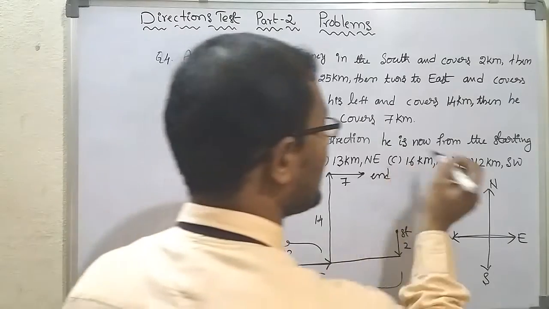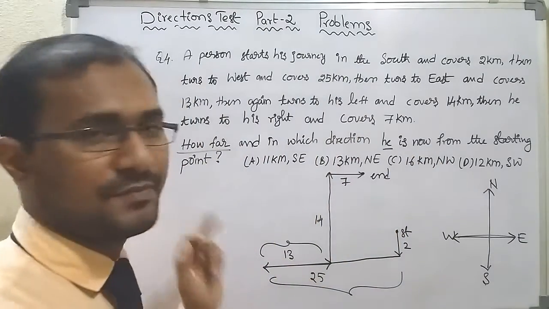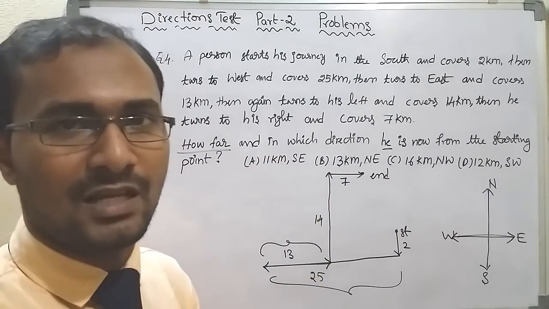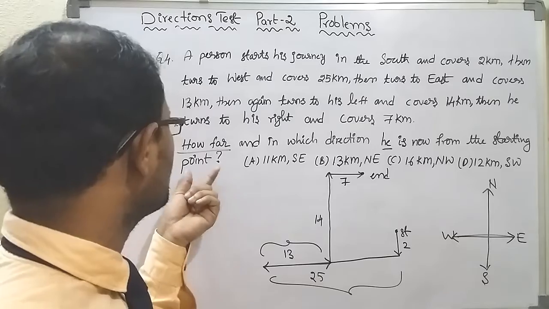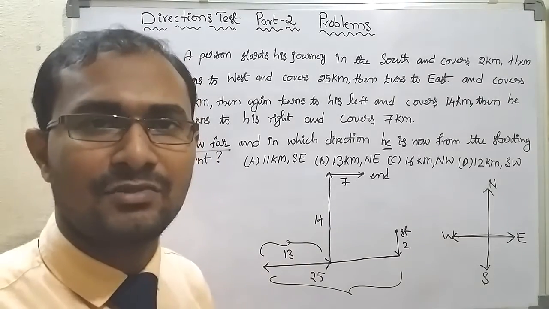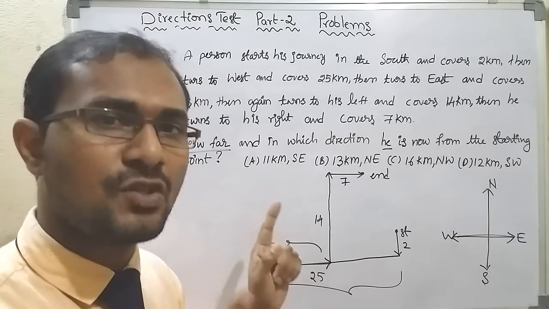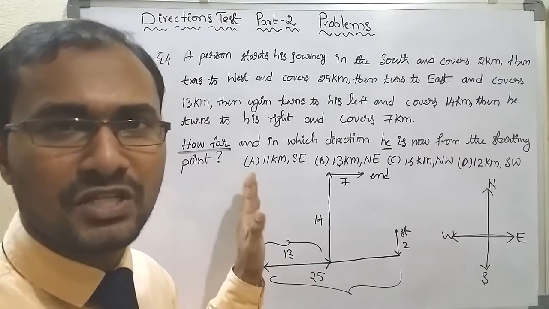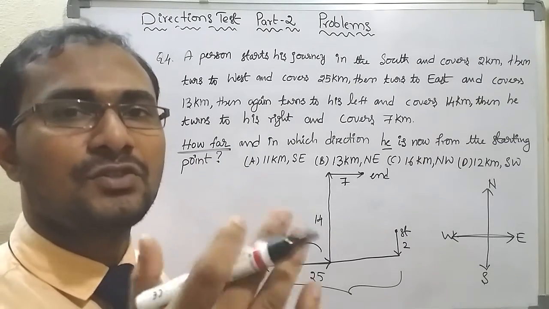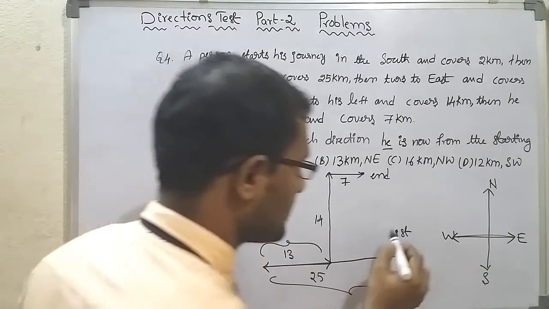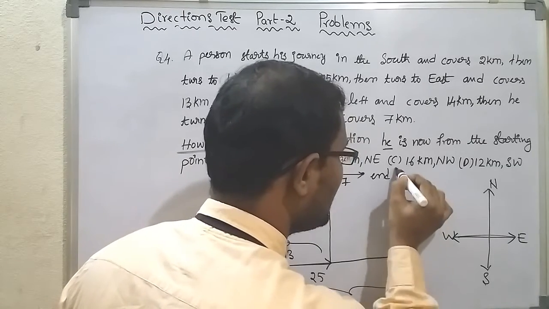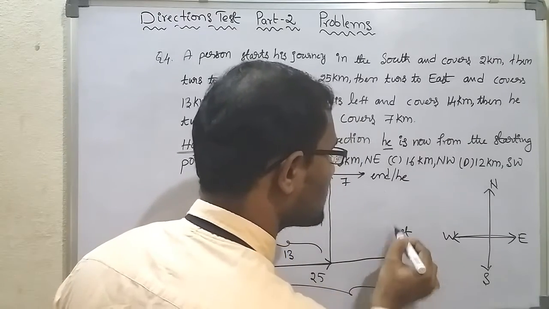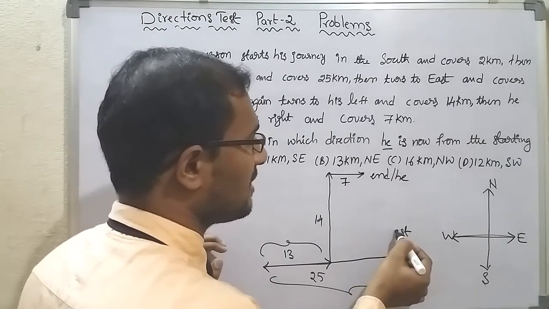I already told you, he, otherwise the person, means the last point, just remember. Starting point we already know. It means here we need to find the shortest distance, as the keyword how far, otherwise the distance between, is mentioned in the question. We have to find the shortest distance between these 2 points. This is the starting point. He means the last point we have to consider.